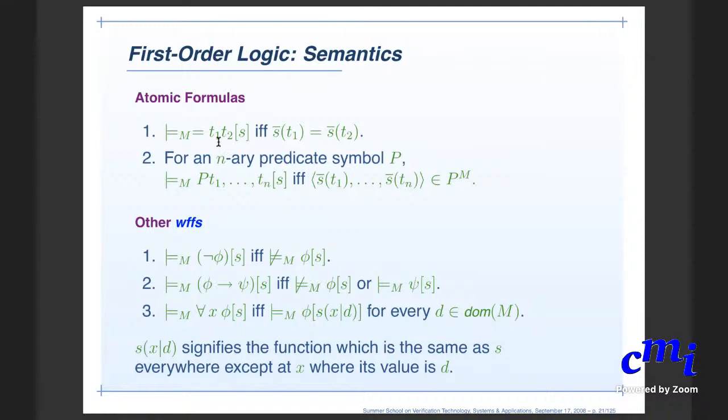That is, the two terms should evaluate to the same value. For an NRE predicate symbol, remember that the model maps each predicate symbol to a set of tuples, a tuple of values from the domain. So we say that the atomic formula that is constructed by applying P to a set of terms is true in the model M, given a variable assignment S, if